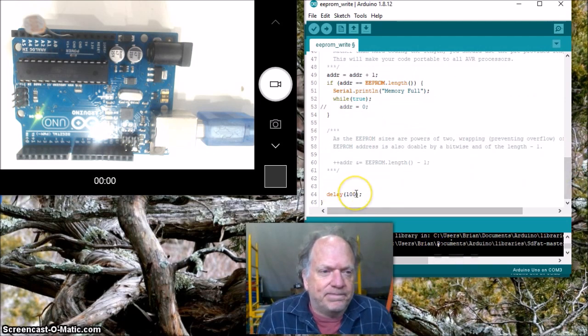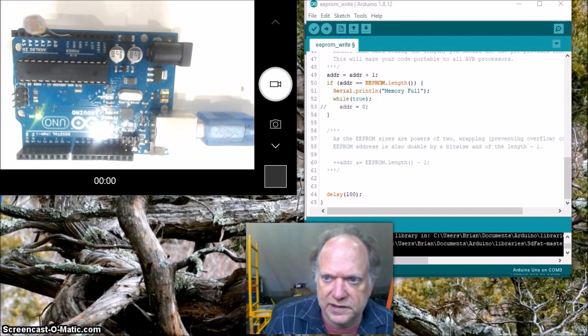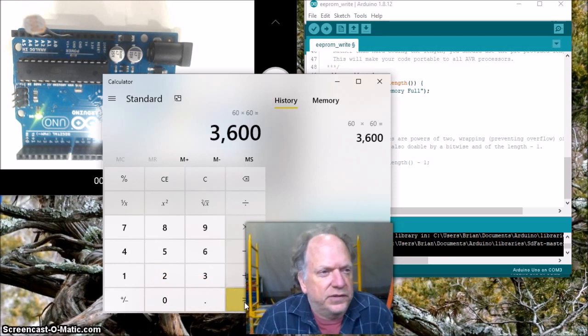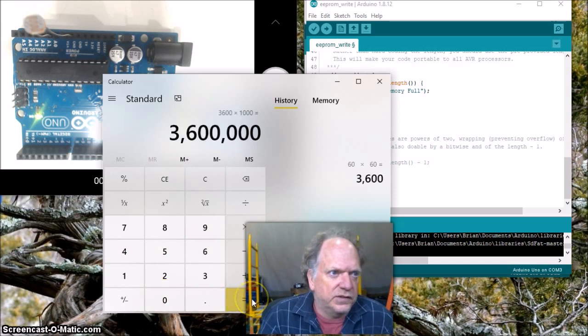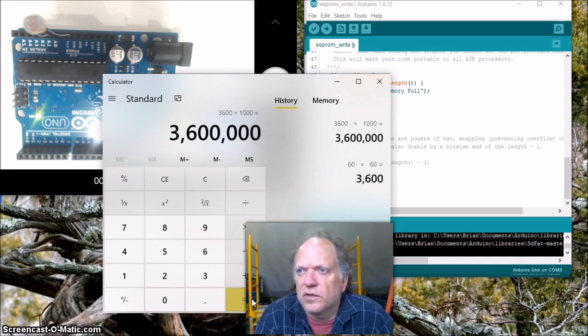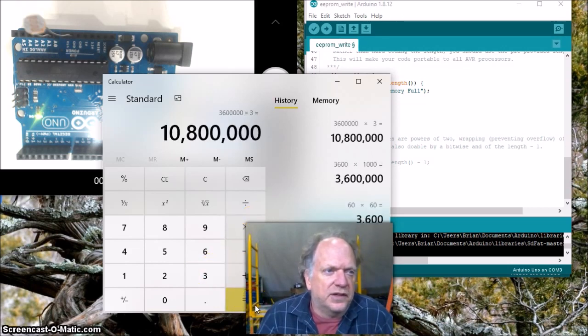And the next thing is the delay. Well, let's see now. I want to collect data for, I don't know, a few hours. Let's take a look at what we can do. So 1 hour is 60 minutes, and 60 minutes times 60 makes 3,600 seconds, which means times 1,000 it's going to be 3,600,000 milliseconds per hour. So let's say I want to collect data for 3 hours. Okay, so it's going to be 10,800 milliseconds, and we can collect